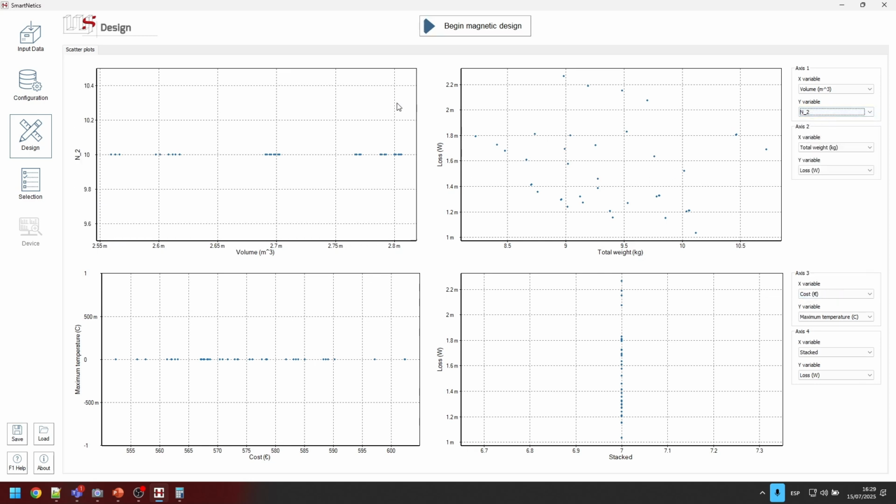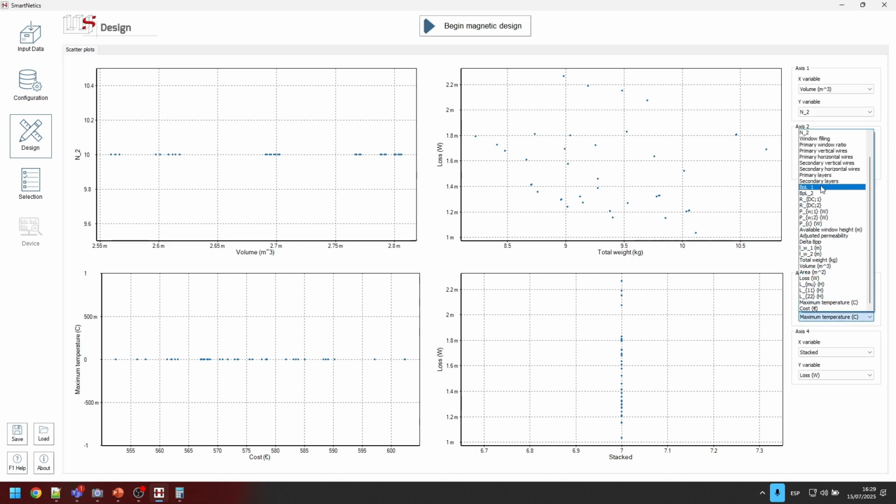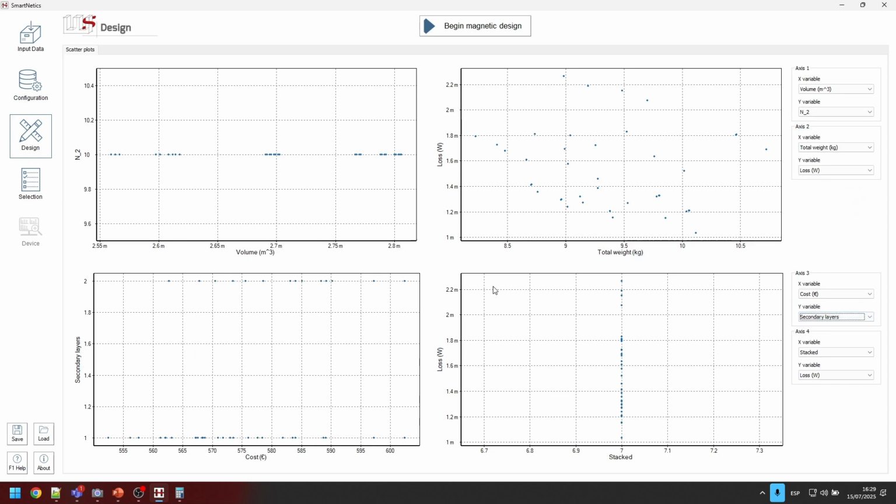For example, the number of turns of the secondary, okay? Once again, they have the same value because we measured the primary side and we set a fixed value for the turn ratio, so there's a single solution. But we can see other stuff that is more interesting. For example, instead of the temperature, we can see the number of layers of the secondary side, because we know that we only have one, as we can see with the naked eye. And we don't care about the cost, because it is something that was done in the past, but we can see the values of something we have already measured, which is the DC resistance of the secondary side, okay?